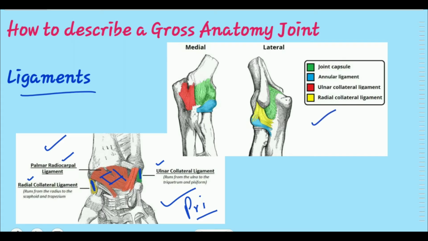Look here, this is the elbow joint. Here we have the capsule which forms the cavity. You can note down we have an ulnar collateral ligament and a radial collateral ligament. So these two ligaments, the ulnar collateral ligament and the radial collateral ligament, are the primary ligaments of the elbow joint. Note down this ligament which is away from the capsule. This will be labeled as the accessory ligament. This is the annular ligament.